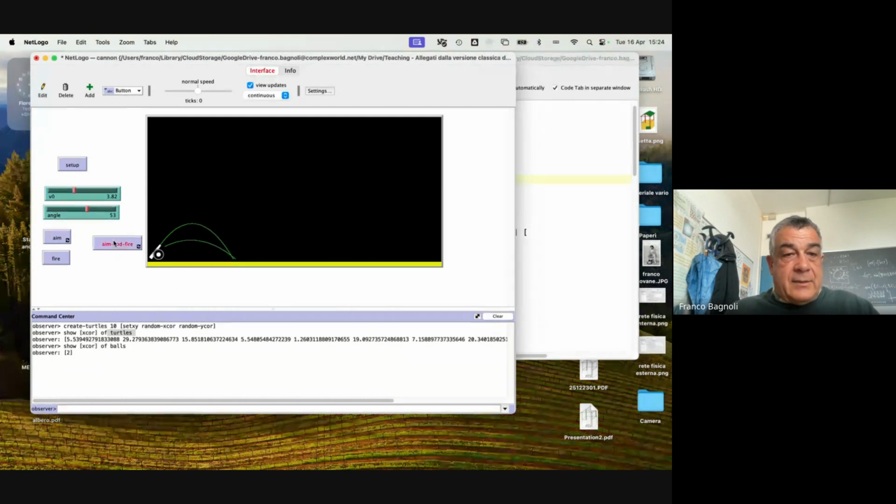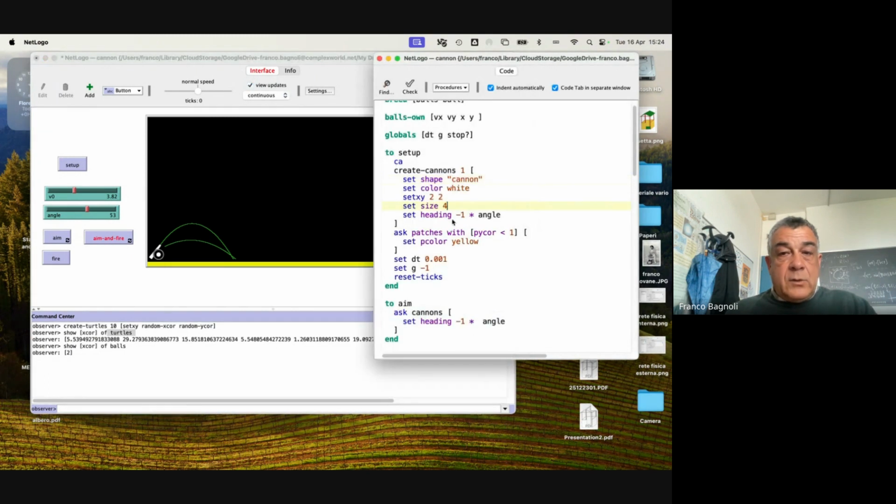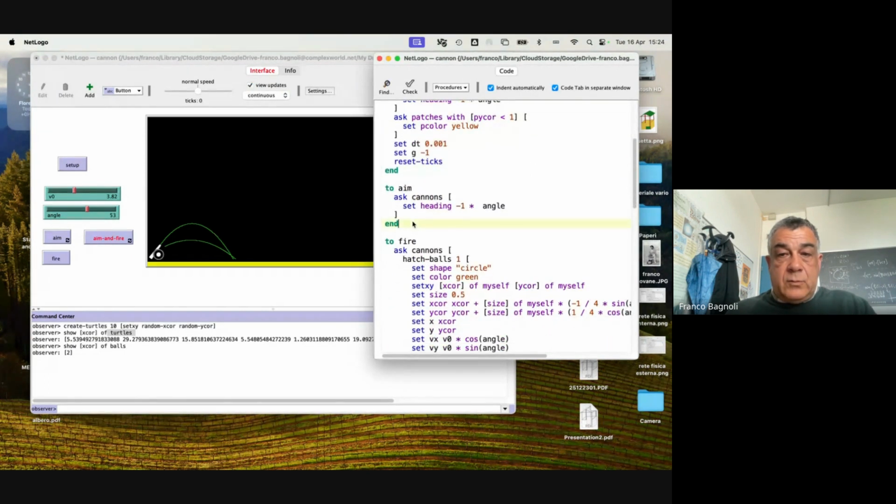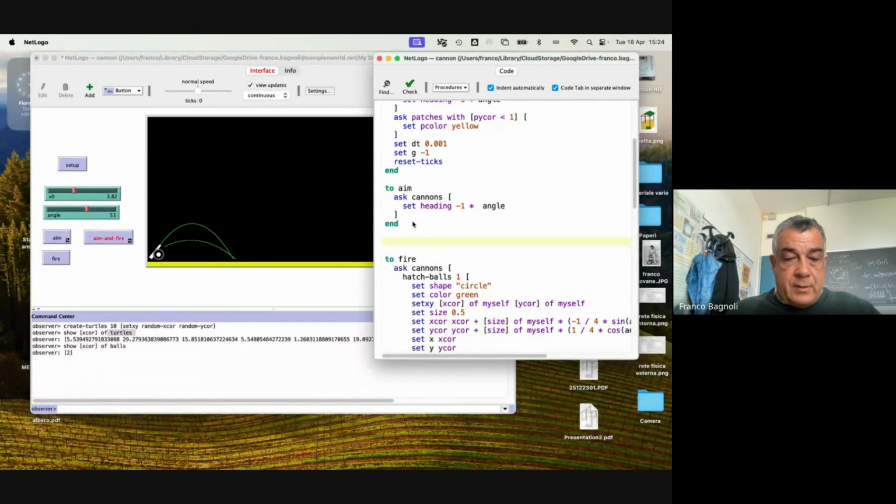So the idea is that when I press this, I would like to use the mouse to make the cannon turn and the click to make the cannon fire. So to aim and click,